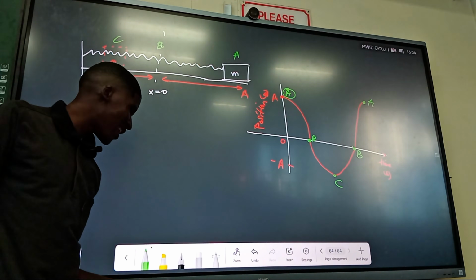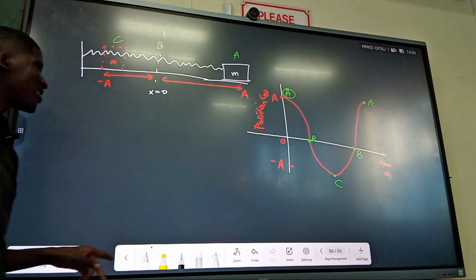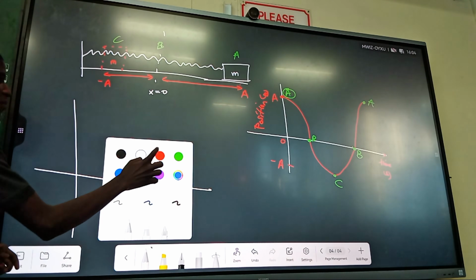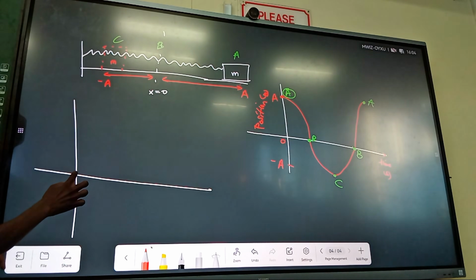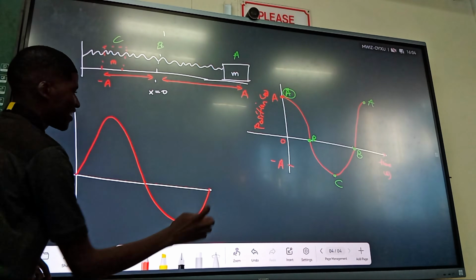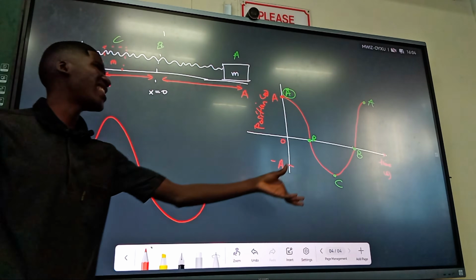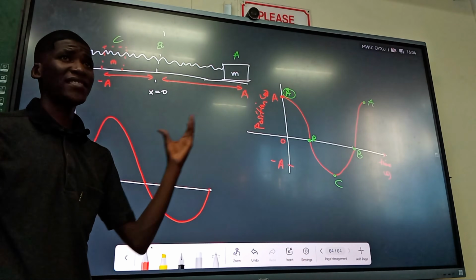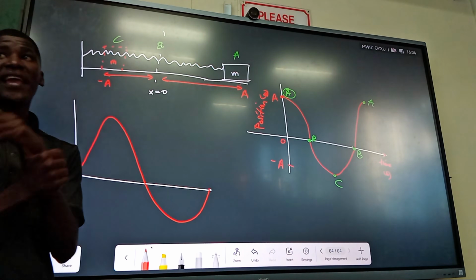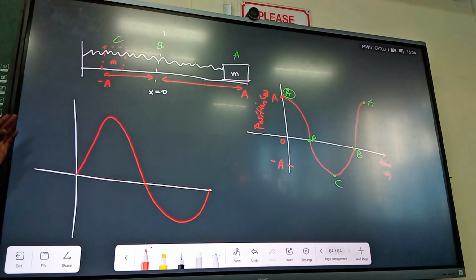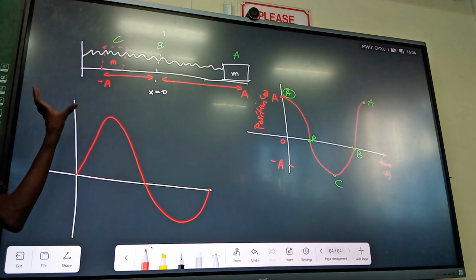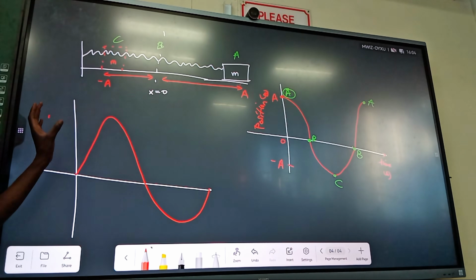But you can also take your motion and represent it using a sine graph as well. You can use a sine graph to represent your motion as well. To say this is a sine graph. These graphs are the same graphs, they are similar graphs. The sine and cosine is the same thing. It's just that one is shifted by 90 degrees from the other. So now this is a sine graph, this is a cosine graph. But all of this still describes the position of an object.